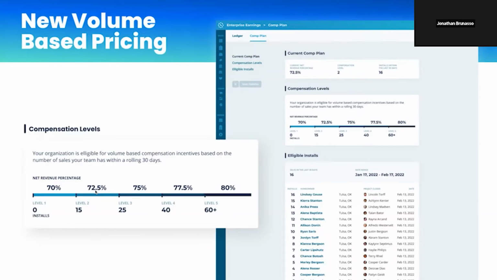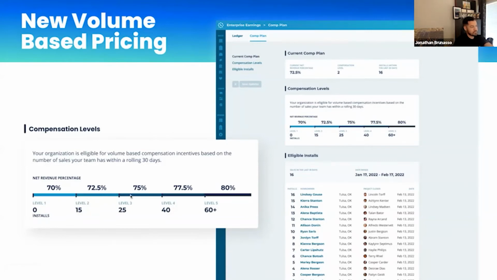I'm going to say that again. If the Enterprise Pro and/or its seated sellers sell so many deals in a rolling 30-day period, then they unlock an additional percent.